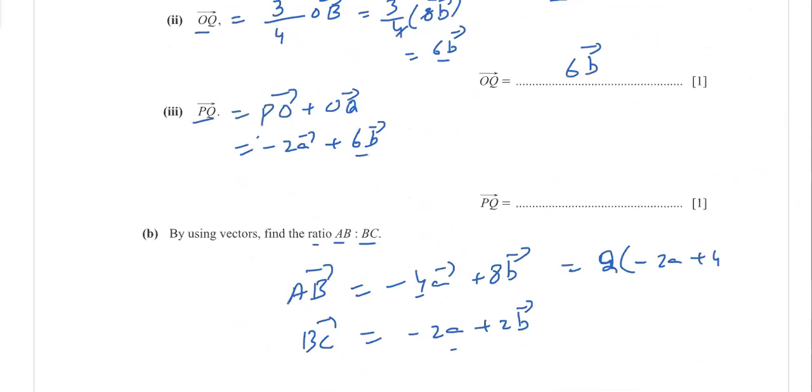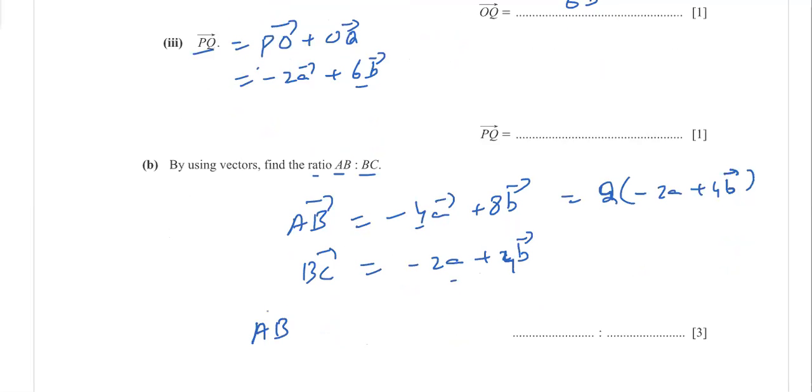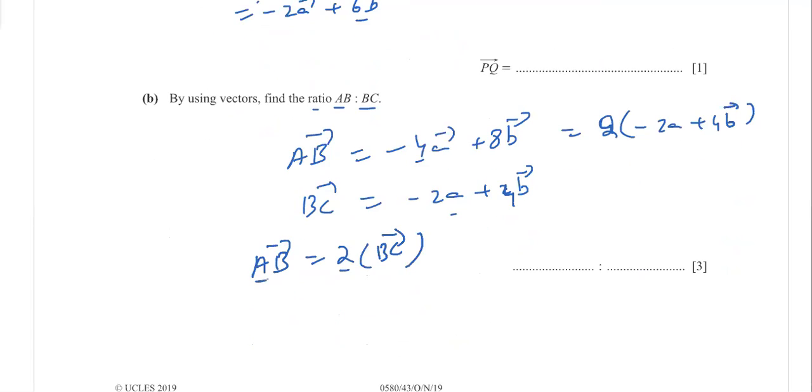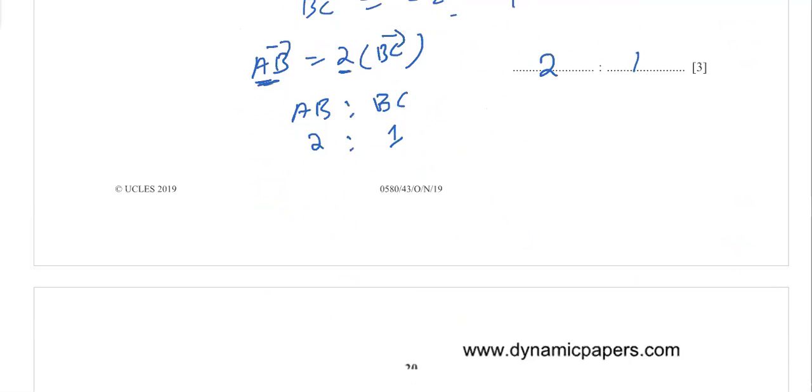So exactly you can see AB equals 2 times BC. So from here, I can write the ratio. AB ratio BC is actually 2 ratio 1, because whatever is multiplied with BC will be the ratio of AB, and whatever is multiplied with AB is the ratio of BC. So they are in 2 and 1 ratio. That is the end of this paper. And next